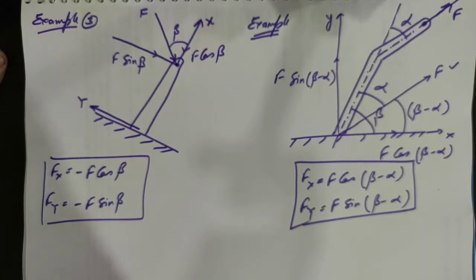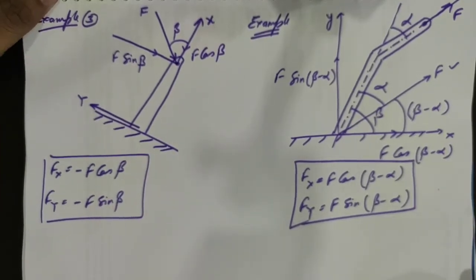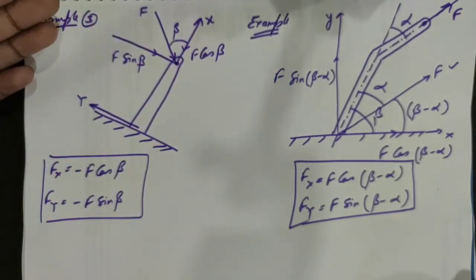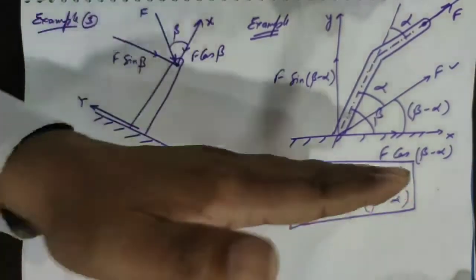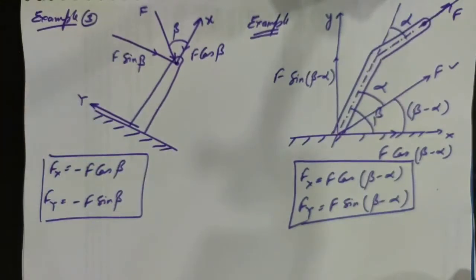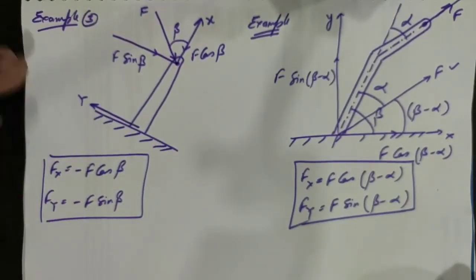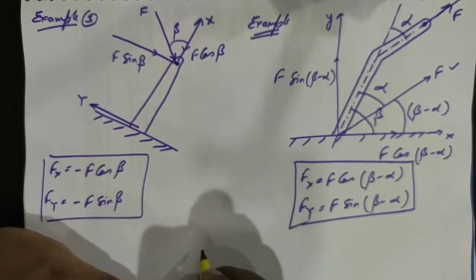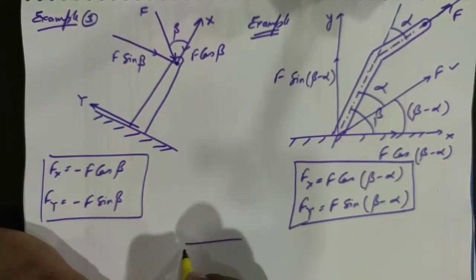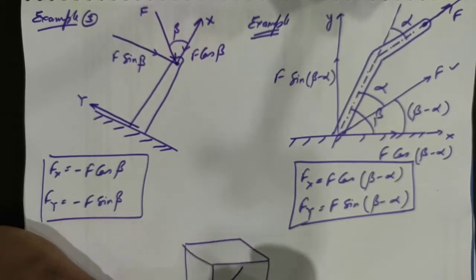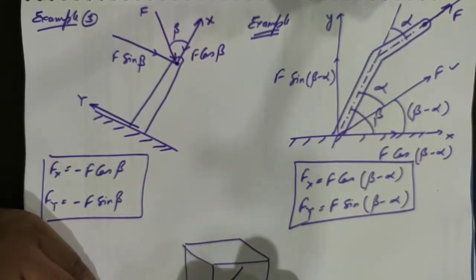So the question arises: why are we taking the x-axis in this direction, and this direction, and sometimes in this direction? Whenever we are doing analysis work on a machine, say I'm standing like this, here is a machine component, and I'm looking from this side, I'm saying this is the x-axis.